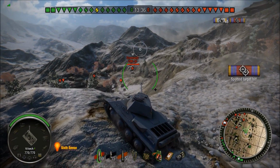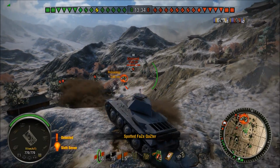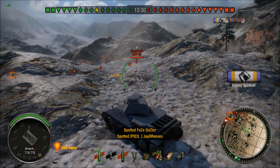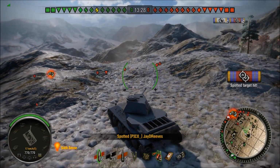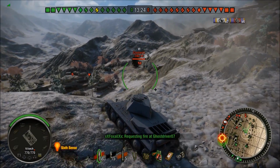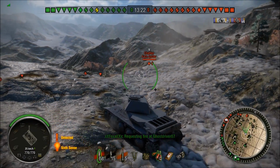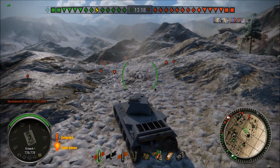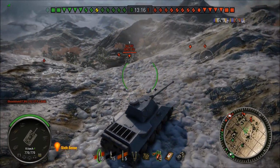And I see a Cromwell, so instantly he's up there on my list. Like, what are you doing? What are you up to? Because he's the equivalent of my tank, but nah, more so, much better tank when it comes to brawling and all of that stuff, and in the